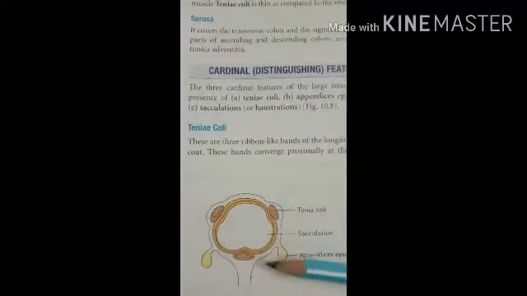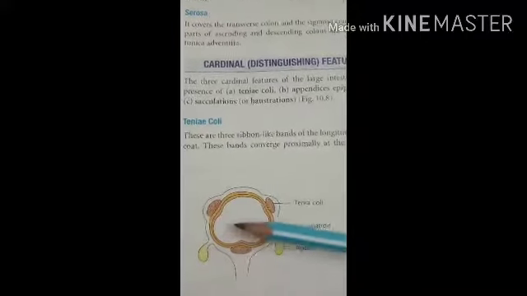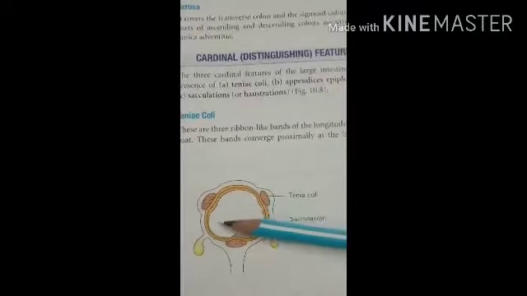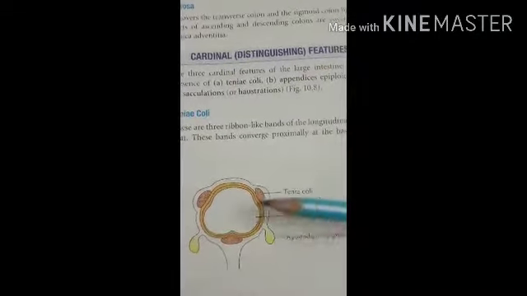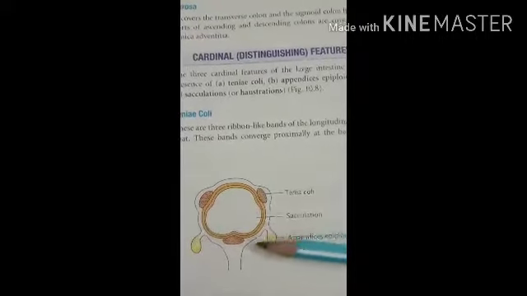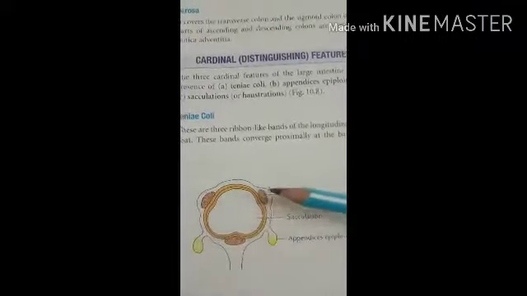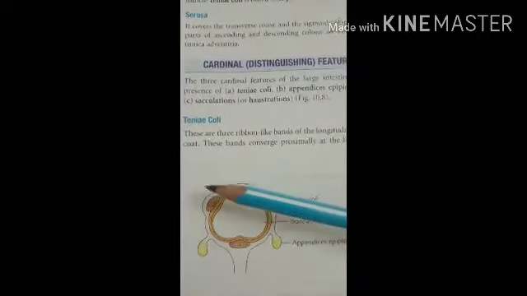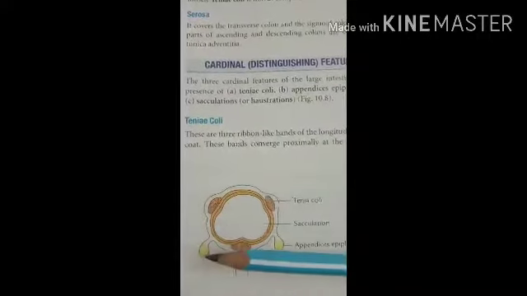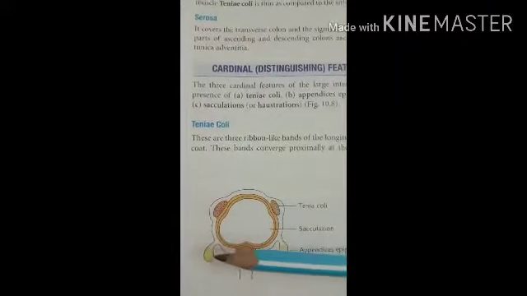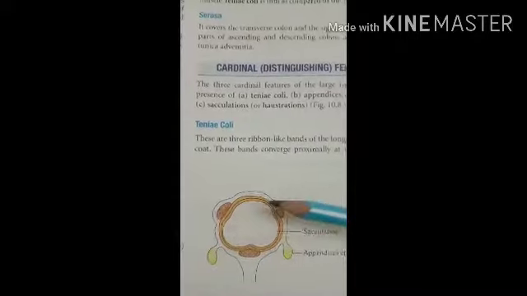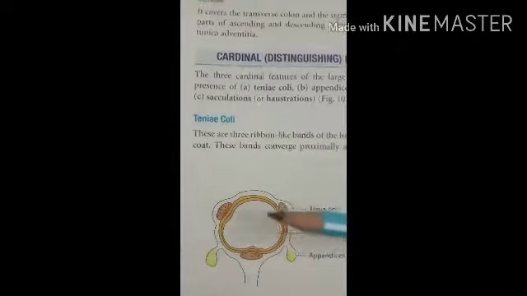Okay. So then the serosal layer or the adventitia covers the transverse colon and the sigmoid colon, where the fold of the peritoneum is present. That is called the transverse mesocolon and the sigmoid mesocolon, and it is also related with the appendix, so that is called the appendicular mesocolon. Okay. So these are the 4 layers present in the large intestine.